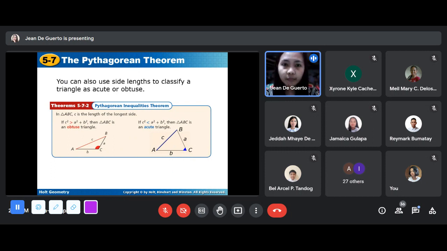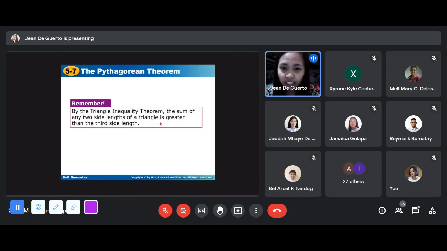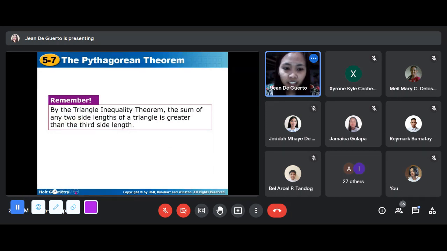So, next. Punta tayo sa application. Skip natin. Ayan. Remember. Ayan. Take note that by the triangle inequality theorem, kasi gagamitin natin to maya-maya, the sum of any two side lengths of a triangle is greater than the third side length. Okay? So, before proceeding or before applying the